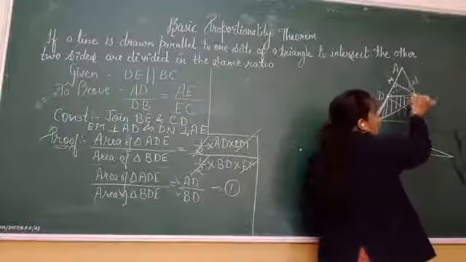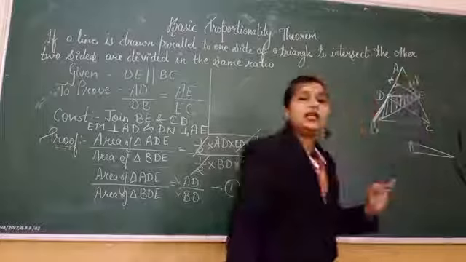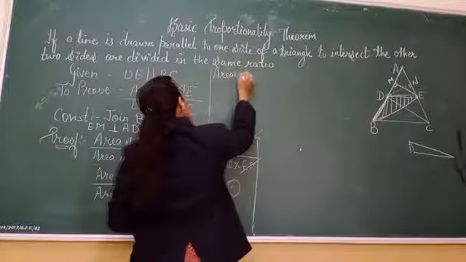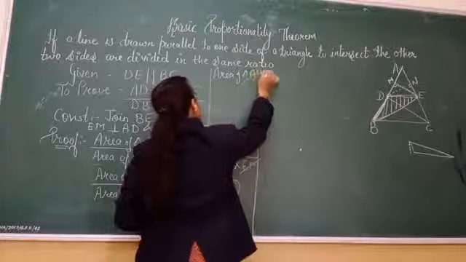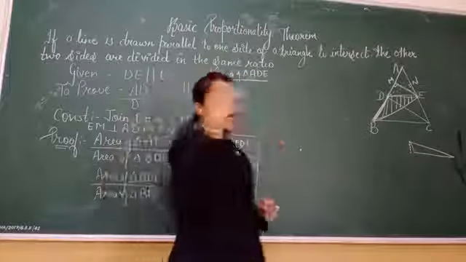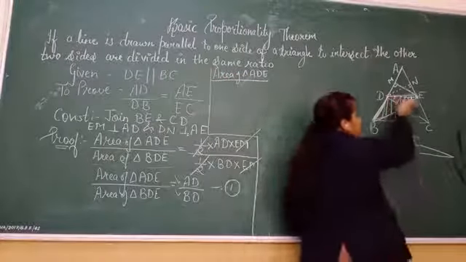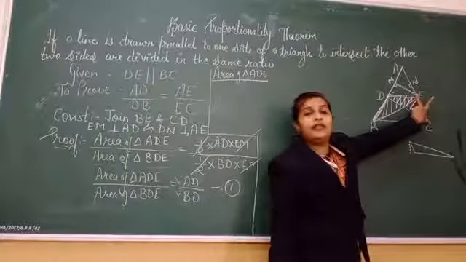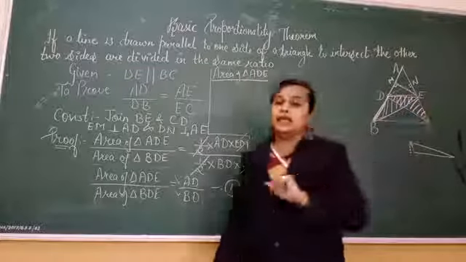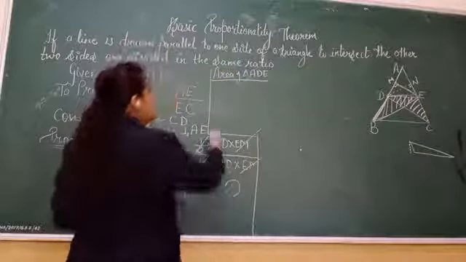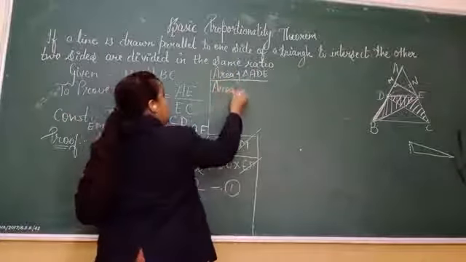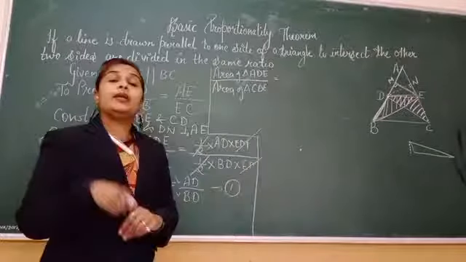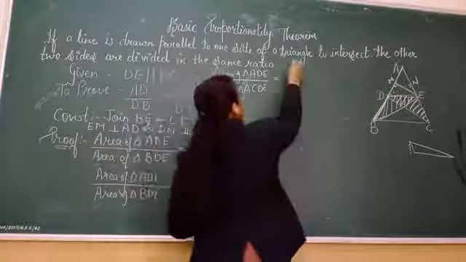Again for the side AE, we can take the area of triangle ADE. So again, area of triangle ADE. Upon second time we will take the area of triangle CDE, because now we know we need the side CE. So now take the area of triangle CGE. Again put up the formula for area of triangle.